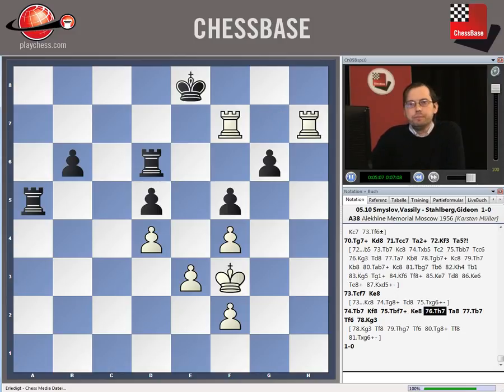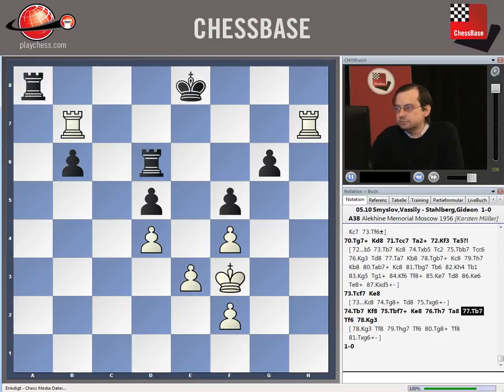Rook h7. So that if the f7 rook moves to the queen side, black cannot parry the double threat with the king move. This is a typical point. And now black cannot really deal with the mating attack. No king move is possible. And so Stahlberg resigned, as